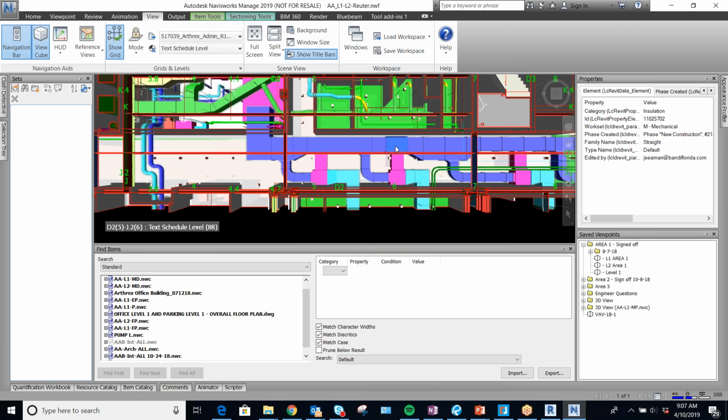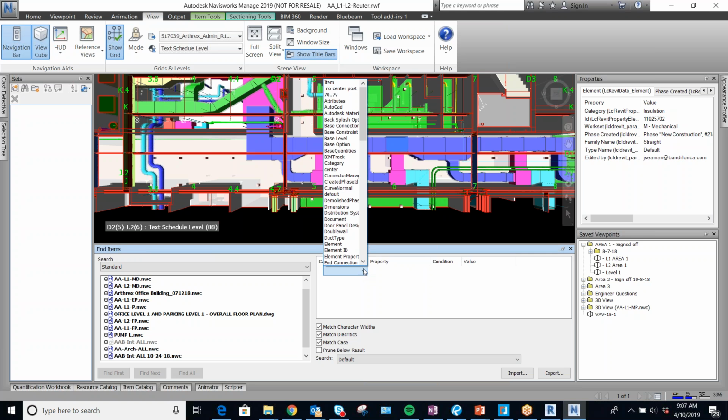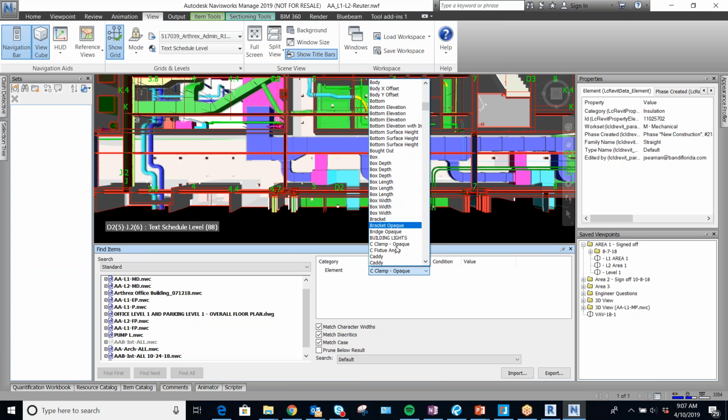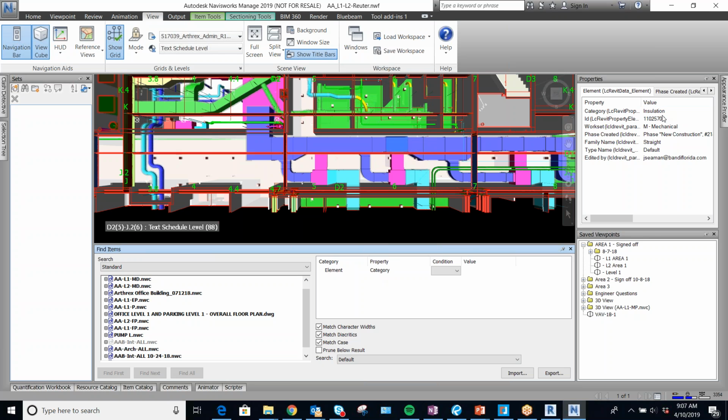The way to do it, we're going to start with insulation, because we're going to want to hide that one probably the most. So I just clicked on it, and then I came over here. You could either go to your item property, and it says that it's insulation there, or you could go to your element property. I'm just going to pick my element property. So the category is element, and actually let's make these a little bit wider. I'm trying to find everything with the category element. The property is category. Here we go. So element category contains,